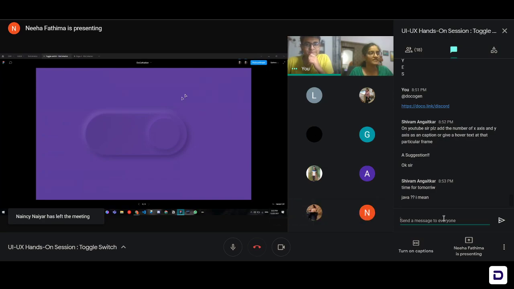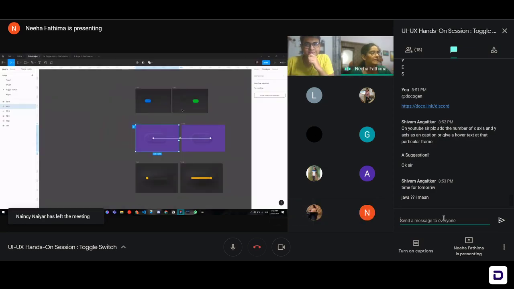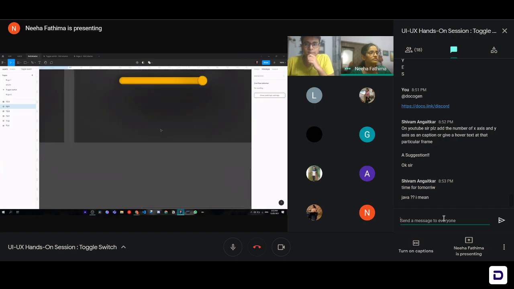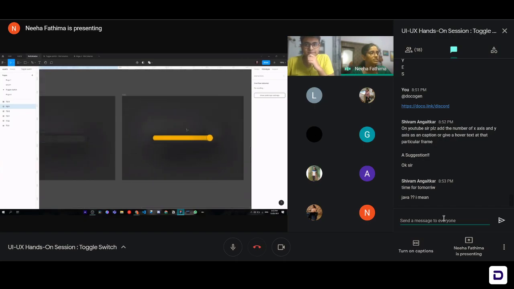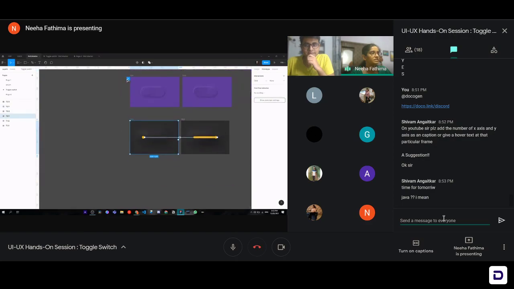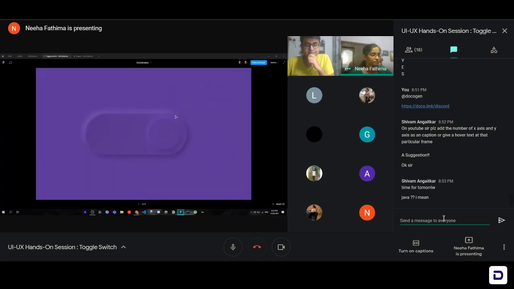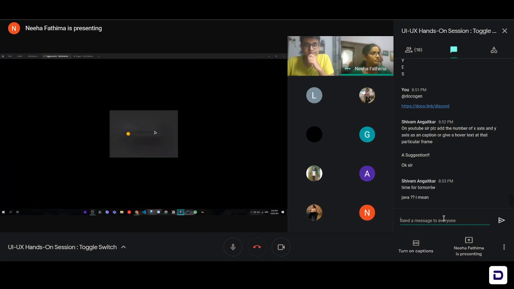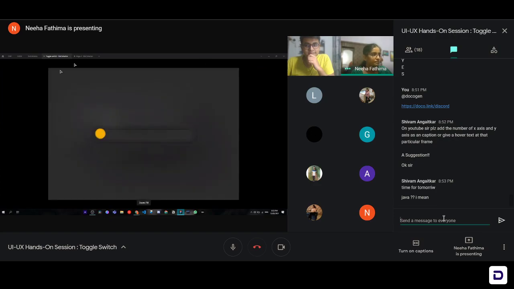This is the first button, and let's look at the second one too. We zoomed in a little too much over there. Click on the frame, drag the play button here, and select place from here. So this is the second one, a little challenge for you.